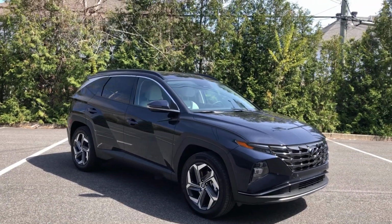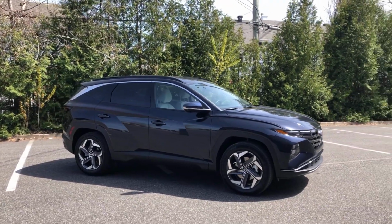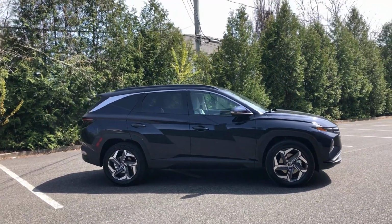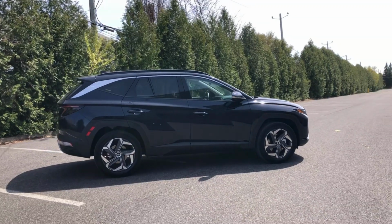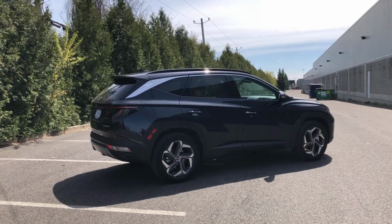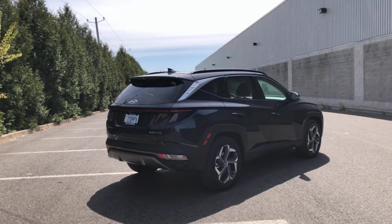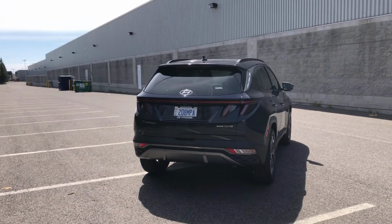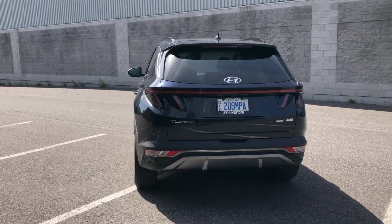All right, so pricing in the US, $24,950 for the base model. The hybrid starts at $29,050. There are 3 trims for each powertrain. In Canada, the Essential is $27,699, as a preferred and N-line. Then there's this luxury hybrid at $38,799, which is the cheapest hybrid you can get. And then, as I mentioned, the ultimate hybrid, this one at